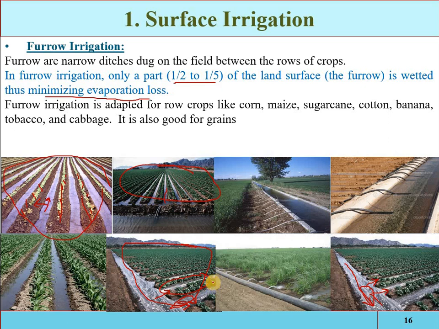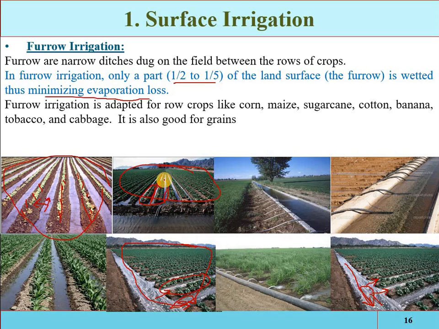And also a uniform slope will be provided for the furrow, so that the water may be properly moved from the upstream area to the downstream area, and the recommended slope for the furrow is 0.2 to 5%. Again, if the slope is more, then the water will quickly move to the downstream area, and the upstream portion of the field will be eroded.